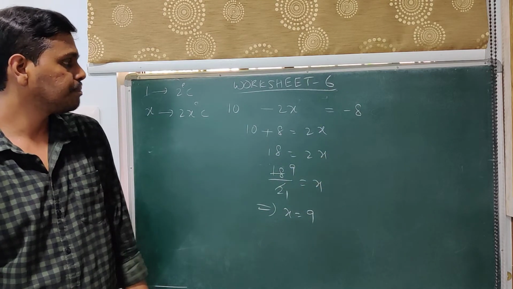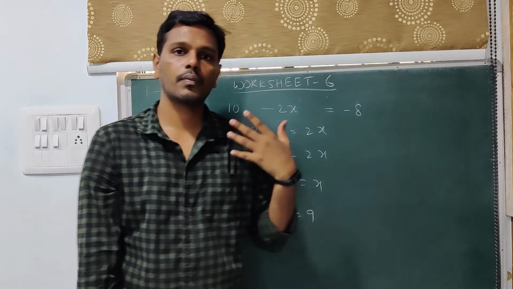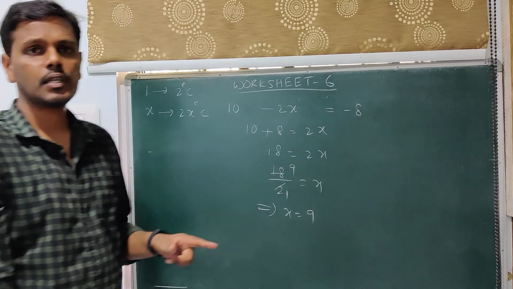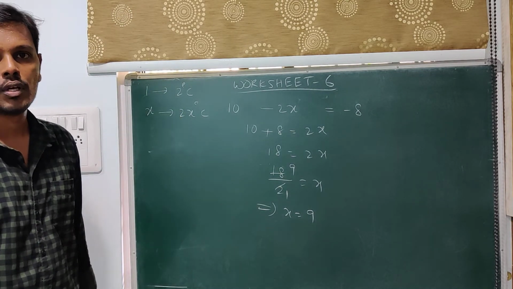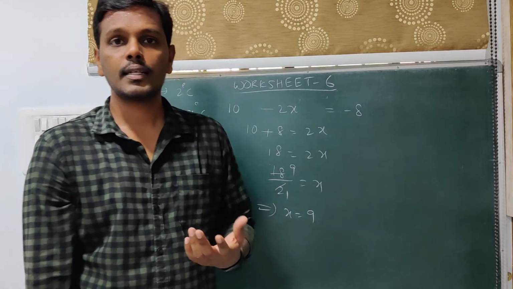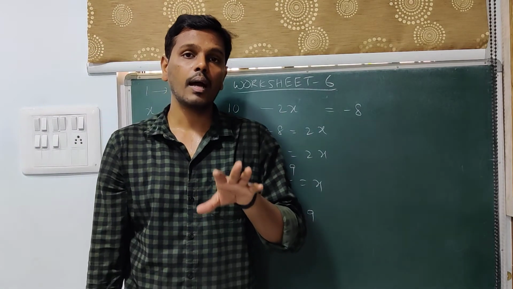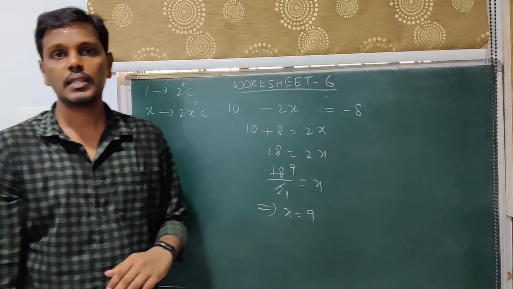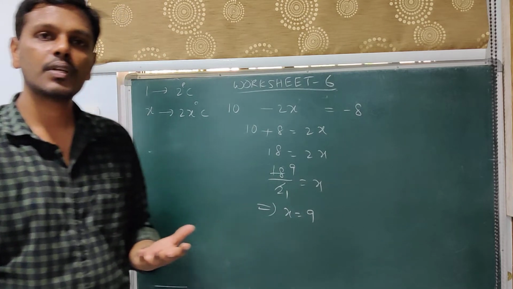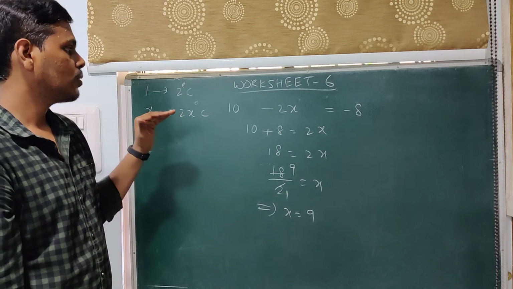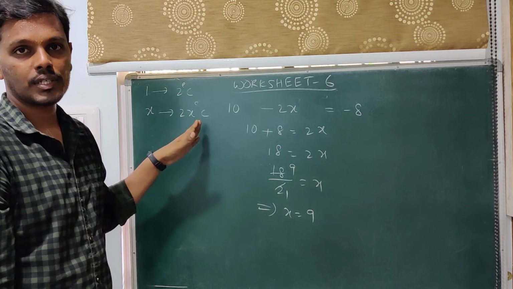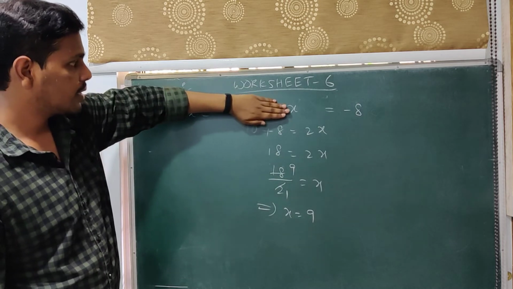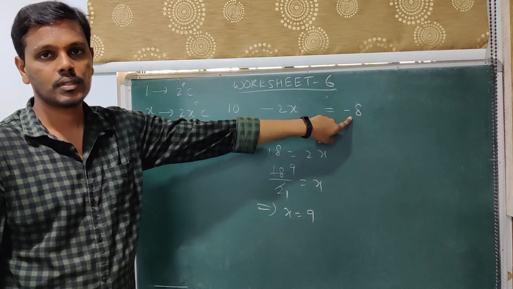Once again I will interpret the logic here. They are asking at what time the temperature becomes minus 8, provided every 1 hour after 12 o'clock 2 degrees of temperature is reduced. So instead of the time, I am calculating after how many hours the temperature becomes minus 8 degrees. I am assuming that after x hours the temperature becomes minus 8 degrees, so I calculate in x hours how much temperature gets reduced, subtract that from 10, and this reduced temperature is minus 8 degrees Celsius.